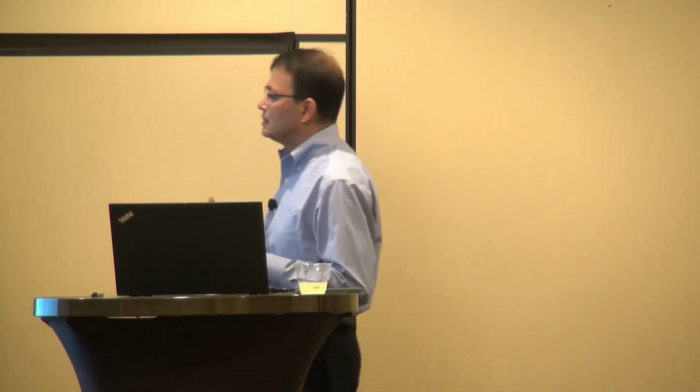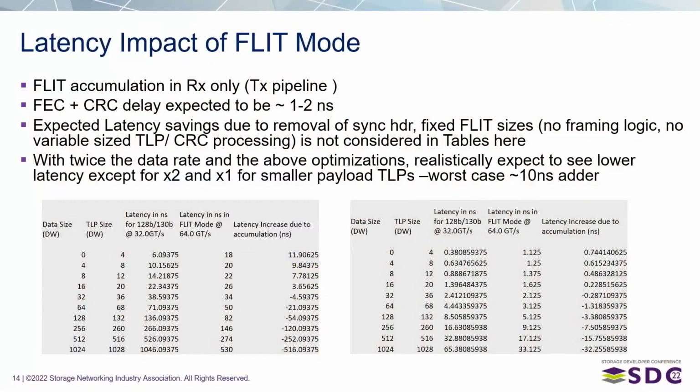So then the question is, what about the latency? The table here shows the latency impact that we have for the different payload sizes. And the thing to note here is, if it is plus, that means with 6.0 you're going to get that much higher latency, and if it is minus, that means you're going to get lower latency. And why is that? Because you're moving data fast across a faster link, so you're gaining some amount in terms of the latency, right? Because you're running it faster, but on the other hand, you're doing all of this flit